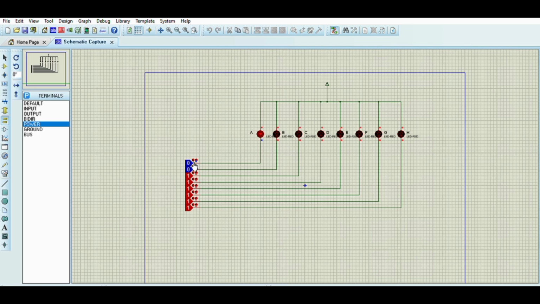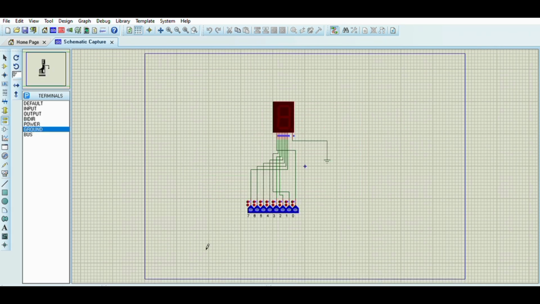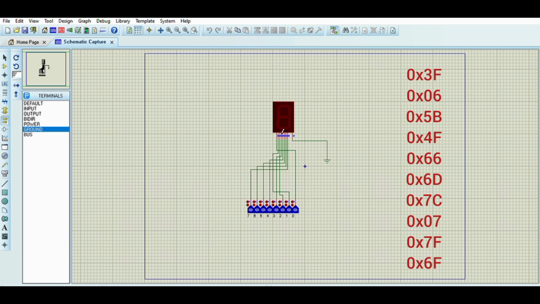So this is how the common anode works. The common anode needs a negative power supply to turn on the respective LED in the 7-segment display. Here is the 8-bit 7-segment display connection with the 8-bit pin of the microcontroller. So pin A of the 7-segment display is connected to the 0-bit of the microcontroller, and pin B is connected